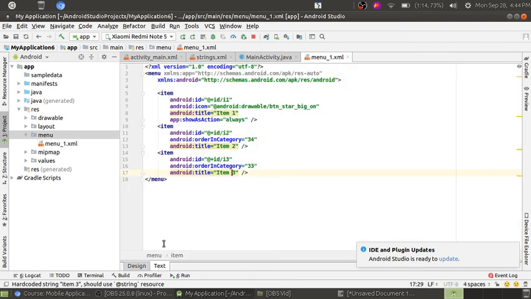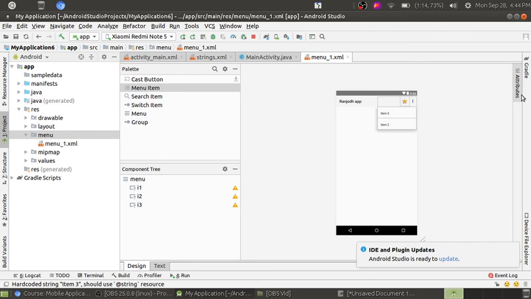So let's see the text file. See here, it has added some attributes that you have inserted inside the layout attributes. Now if I want further items under the category of item 2, inside item 2, what you can do is there is a 5th option, that is menu. When you drag and drop it here, it will automatically affect that.